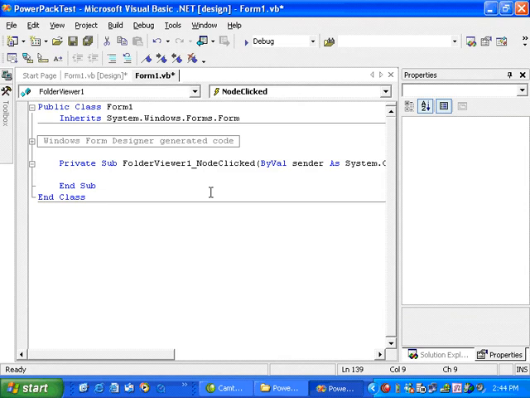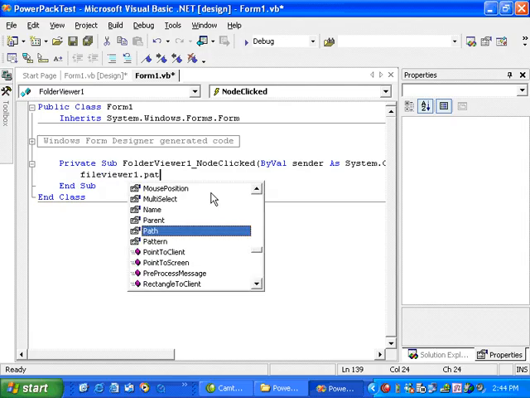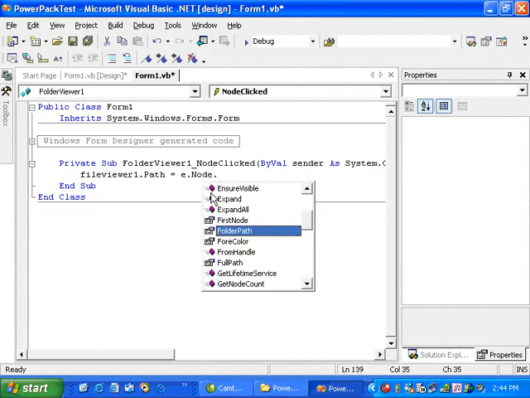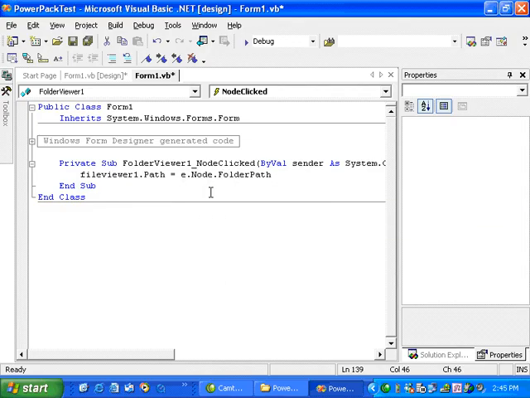And what I need to do is tell it, this is the node clicked event of the folder viewer. So when I click on one of those nodes, I want to tell the file viewer, which is my file viewer 1, to change its path location to be the node that I've clicked on. Just like that. So this time when I run the application,